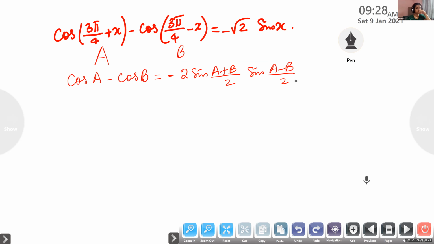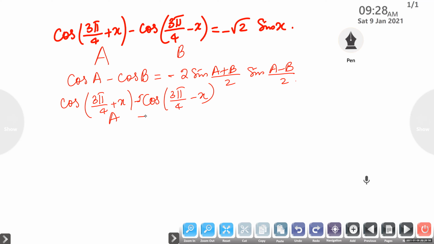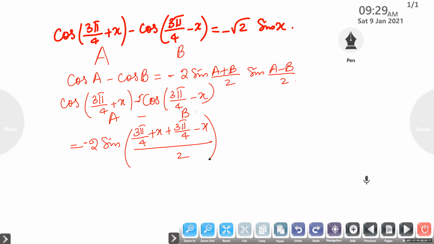Okay, so now let's start with this. What is cos of 3 pi by 4 plus x minus cos 3 pi by 4 minus x? It takes the form cos A minus cos B. By applying the formula you will get minus 2 sin A plus B by 2, so 3 pi by 4 plus x plus 3 pi by 4 minus x by 2, into sin A minus B by 2, 3 pi by 4 plus x minus